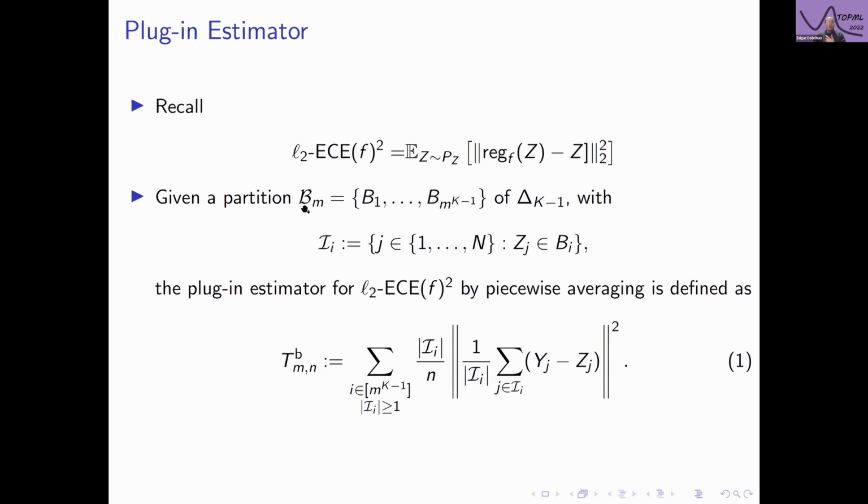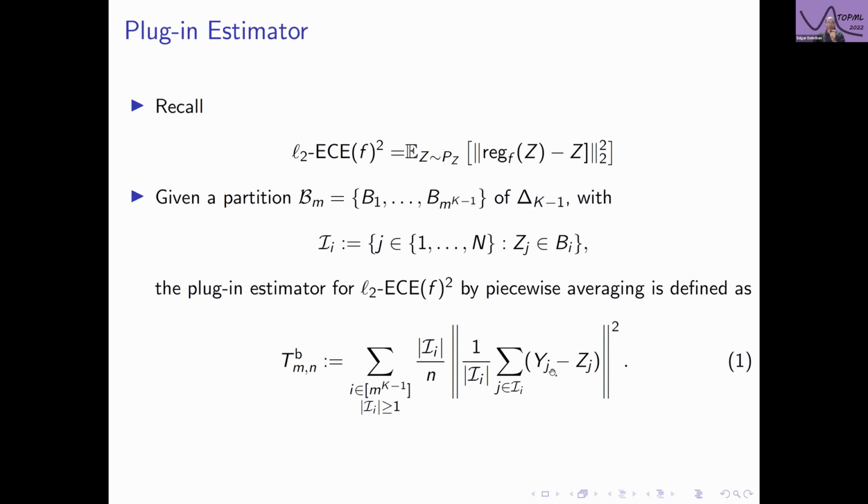Let's say we start with a partition of the simplex, indexed by some index m, which I'll say how to choose, and it has m^(k-1) bins. Of course, the simplex is k-1 dimensional, so this is the natural scaling. Let n be the sample size, and I_i be the data points that fall into the ith bin. And so a natural plugin estimator would be